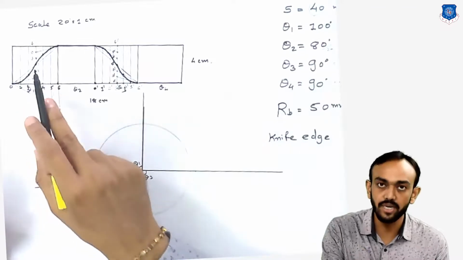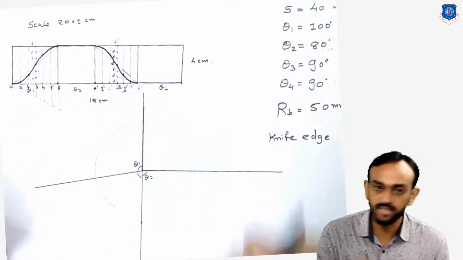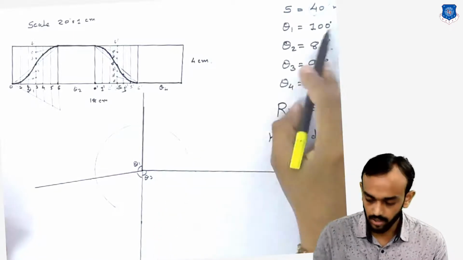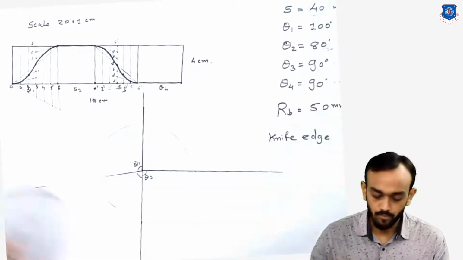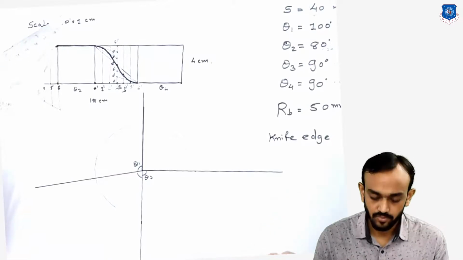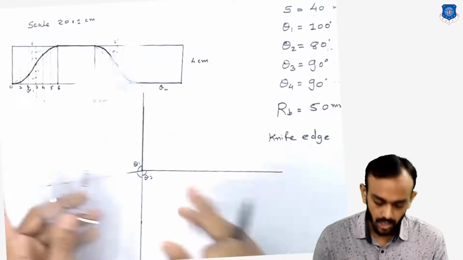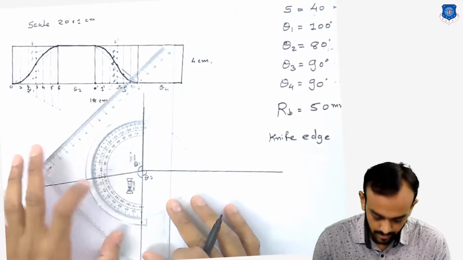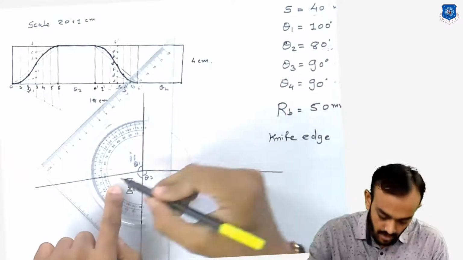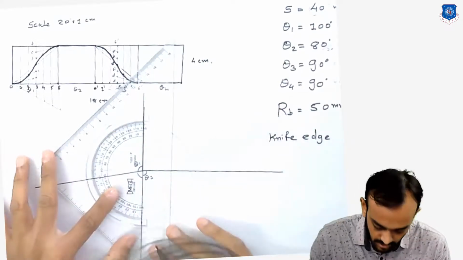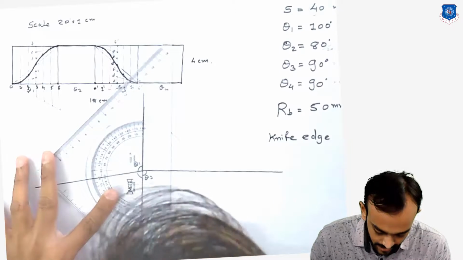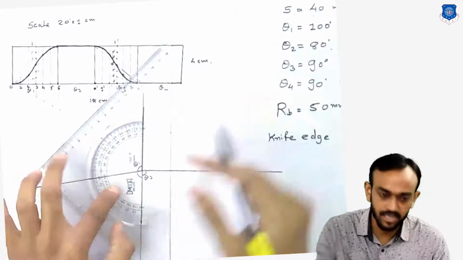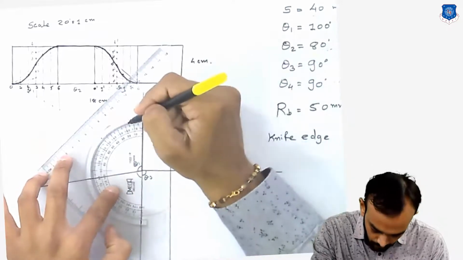Now, as we have divided the rise and return in 6 parts, the same we will divide this rise and return in 6 parts. So theta 1 is 100, so our partition will be 16.6 degrees. Okay, so let's start this. 16.6. I can also divide this, first half directly like 50, and then 16.6, something.